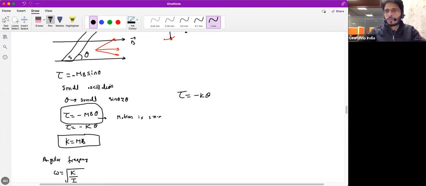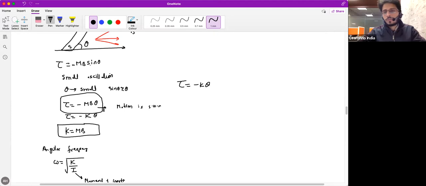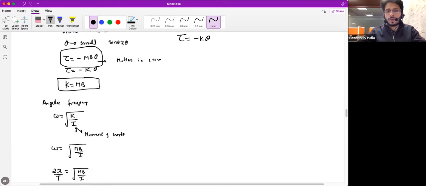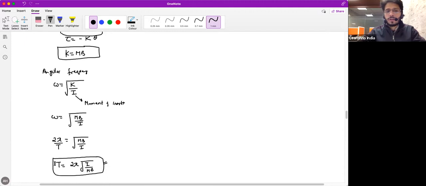Abdullah, do you remember, when we did this in chapter number 1, instead of mB, what was the value of k? pE. P E. So this shows that the motion is SHM. Then you can calculate the angular frequency of the SHM, which is root over k by I. Your k is mB, so omega is root of mB by I. Once you have omega, you can get the value of the time period.